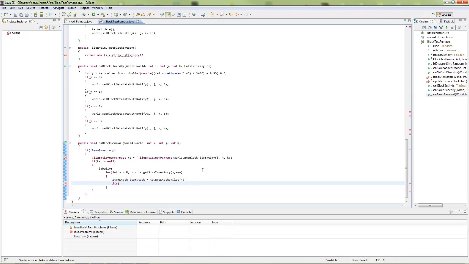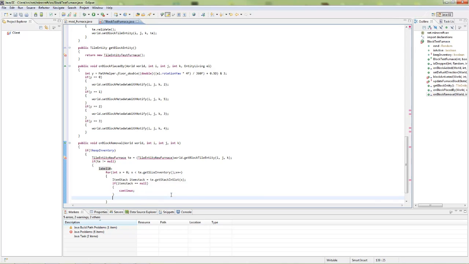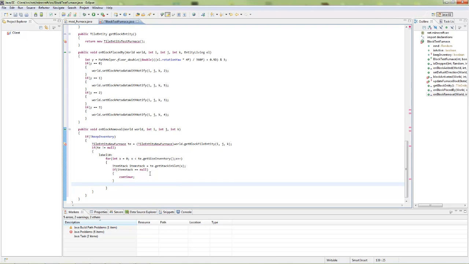So then we're going to make an if statement, which is if our item stack is equal to null, equals null, then we are going to continue with this statement. So